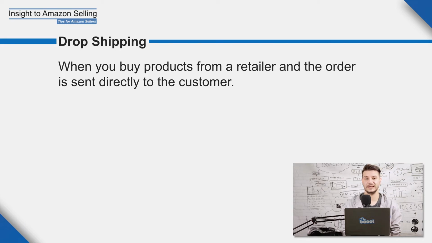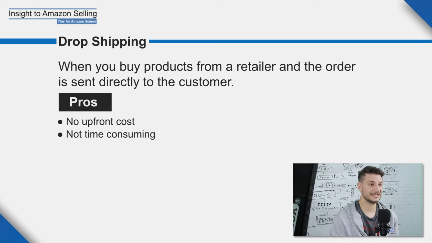It is important to let the package, the order, always look like it's coming from you, the seller, and not your supplier. So the key for this method is to find the right supplier that can handle prepping and shipping for you and make sure that it's gonna be coming from you. The advantages of this method is that, first of all, there is basically no additional and upfront cost involved. You're just purchasing when an order is already placed. And also this is a method that can save you some time, because it is pretty simple and straightforward. You just need to place an order and fulfill the order from the customer.